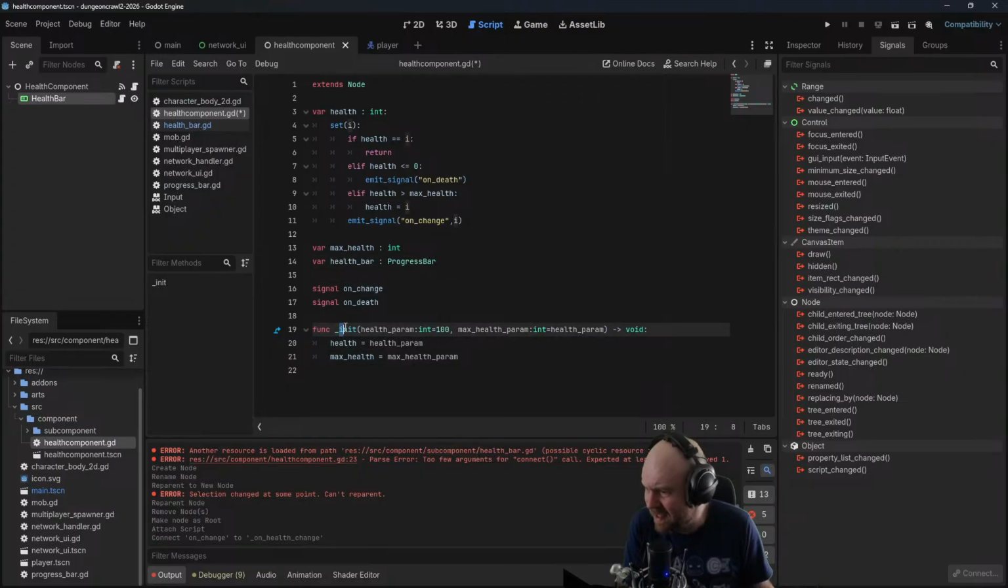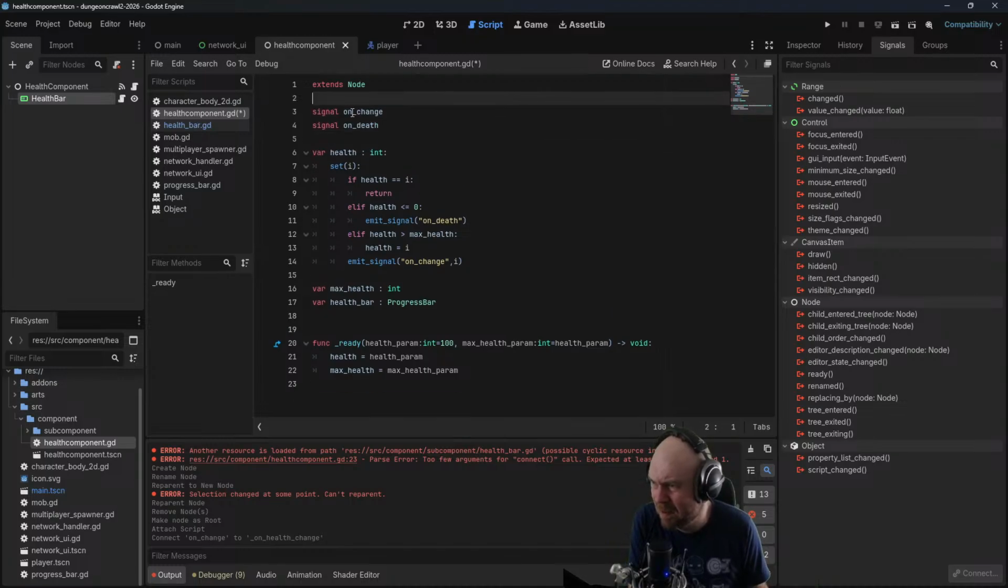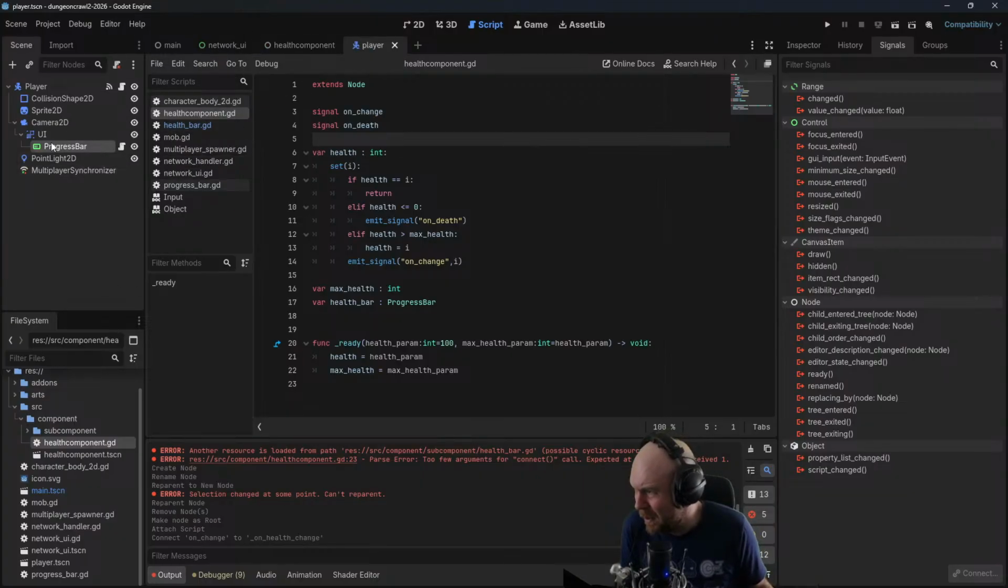Because this is a scene now, we have to change this to ready. And we're good. I think we're good. This is our full health component. There's an on death signal that we're not consuming yet. That's not our problem. Let's confirm that this works by implementing it. Let's go back to our player here. Instead of having a UI with a progress bar,